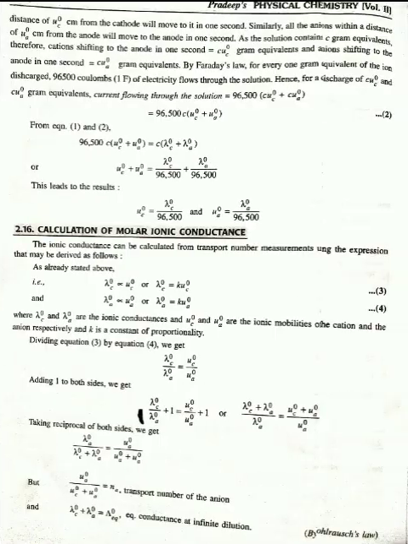Now, if u C naught and u A naught represent the absolute velocity of the cation and the anion respectively, which are the same as ionic mobilities because the potential gradient is 1 volt per centimeter, it means that all the cations within a distance of u C naught centimeter from the cathode will move to it in 1 second. Similarly, all the anions within a distance of u A naught centimeter from the anode will move to the anode in 1 second. As the solution contains C gram equivalent, therefore the cation shifting to the cathode in 1 second is equal to C u C naught gram equivalent, and the anion shifting to the anode in 1 second is equal to C u A naught gram equivalent. By Faraday's law,